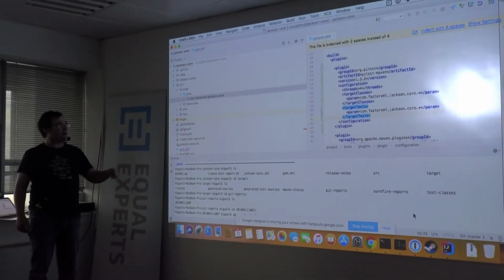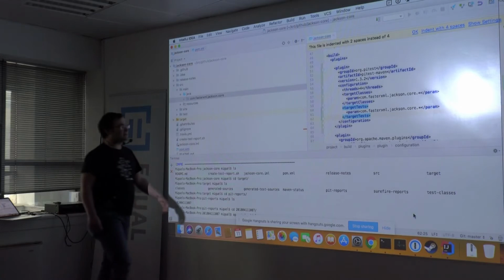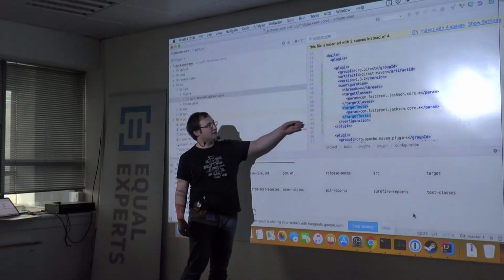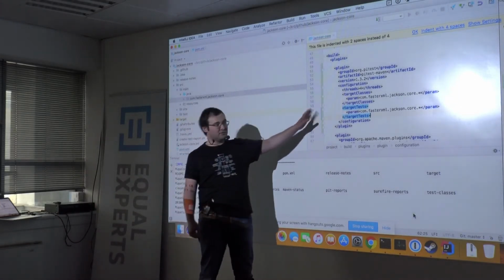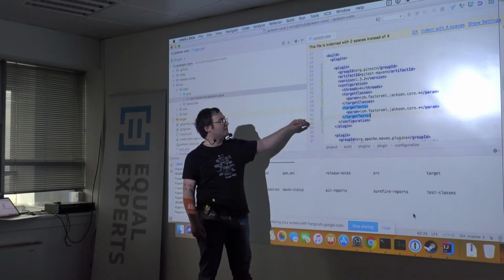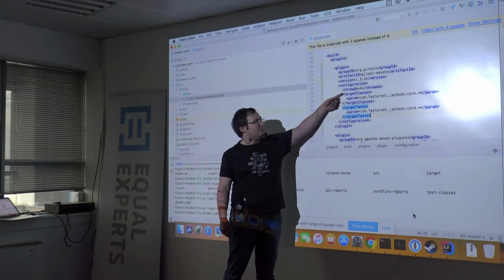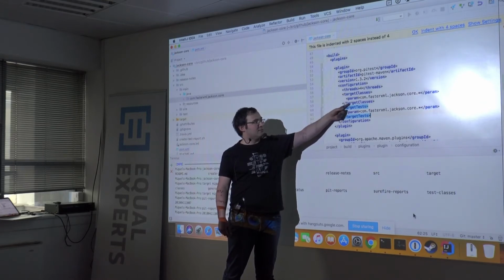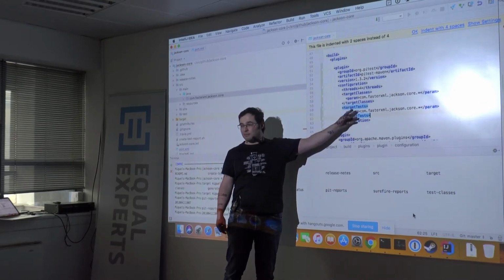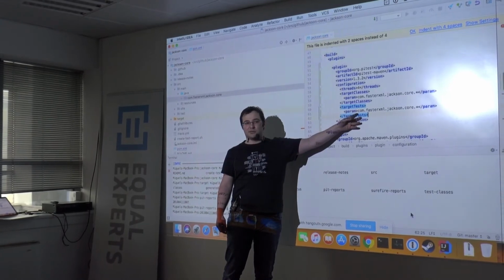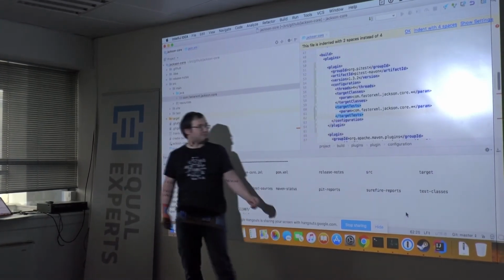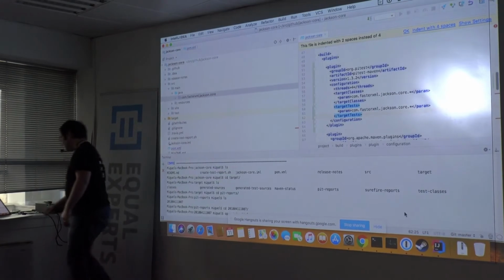I added the mutation testing configuration to the build. It's pretty trivial. You don't have to do anything fancy in your code setup. You just add a dependency, set the number of threads and the packages that you want to insert mutations into, and that's all you have to do. And then